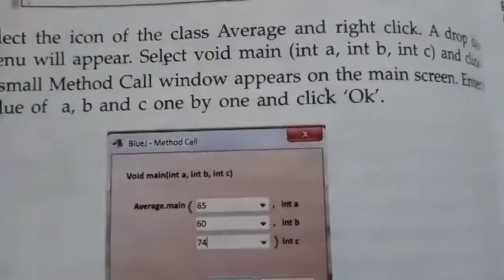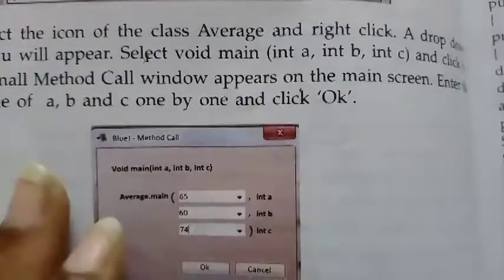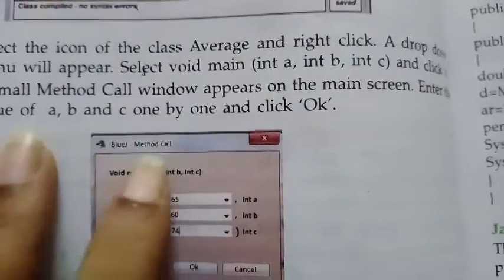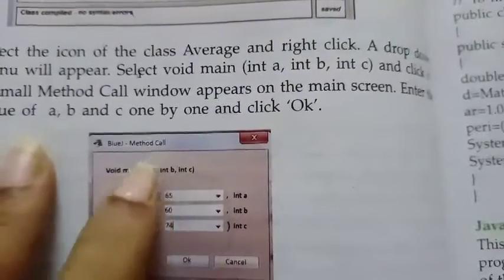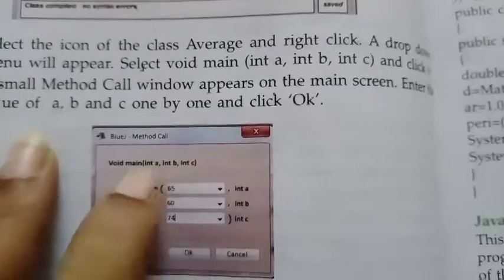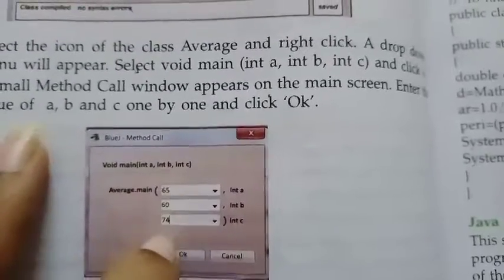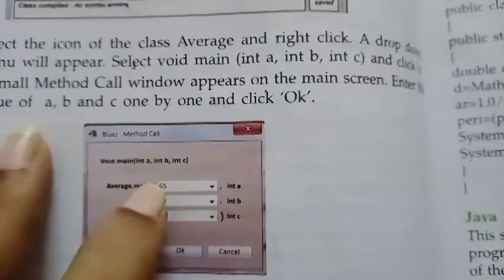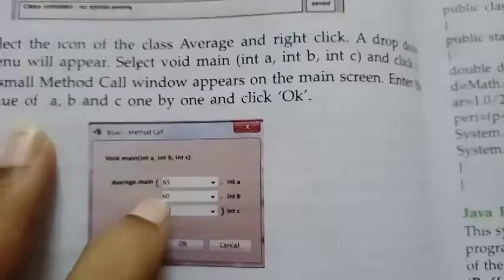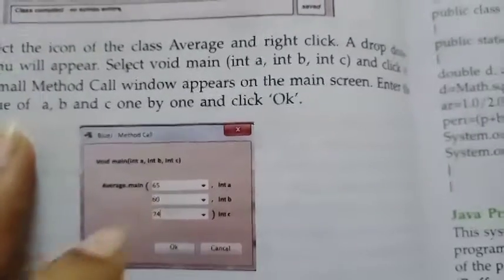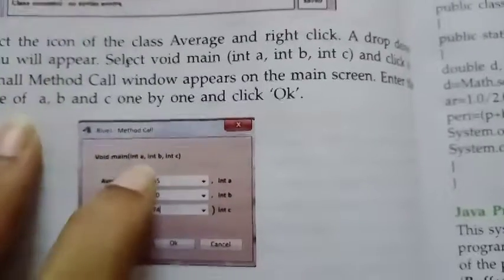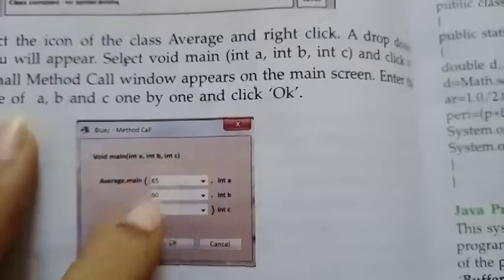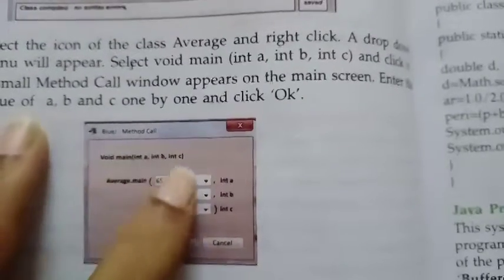Can you see here? Everyone have your textbook with you and see it. Otherwise, once the class is over, you can go through your book. See here, BlueJ method call. In this only, see void main, int a, int b and int c. So you are going to enter 3 values. According to this itself, it is possible for you. According to that, the text boxes are also there. So you are going to enter the 3 values here only. Then only your arguments will be directly passed to the main function arguments. If you don't give them here, nothing will be passed.